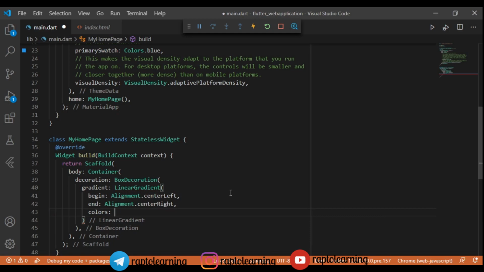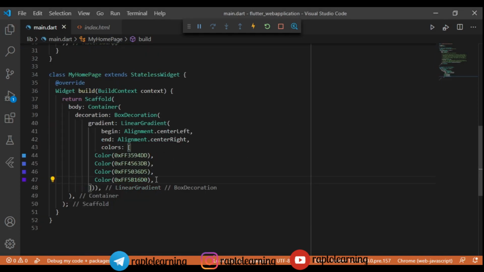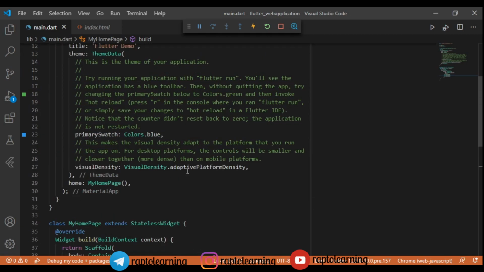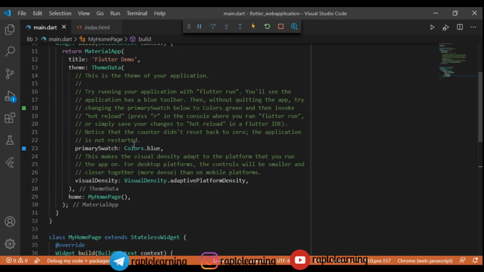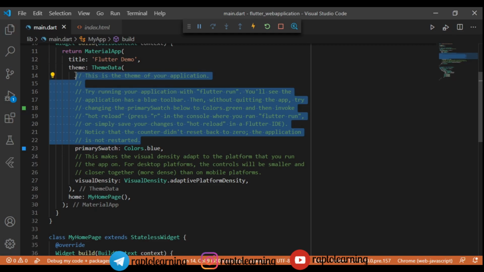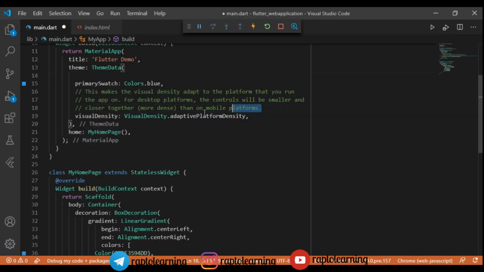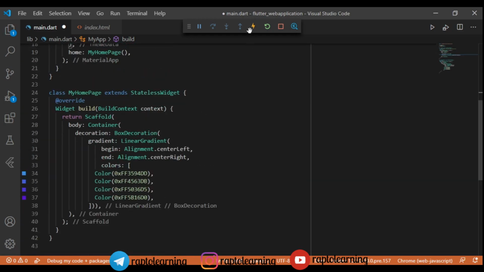So after giving the beginning and end, we will add our gradient color. This is an awesome gradient color that I have, that I will just copy and paste here. Make sure that you paste this color to apply the bluish effect in our website or web app, right? So you can just copy this code and add it. There are many websites which provide this kind of gradient color. So we just remove this extra part from our code, so it will look clean, right?